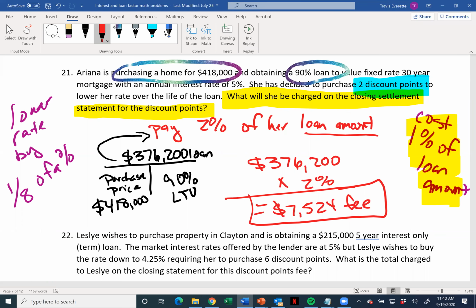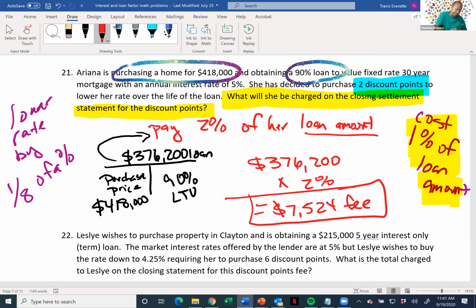The idea is if you really were going to keep this loan for 30 years, it would be to your benefit to have the lower interest rate. But does it make sense that you're basically paying a big whopping fee up front to save a little bit every month? So you have to decide, is it going to be worth it? Well, if you kept the loan for 30 years, yeah, it would be worth it. You'd come out way better. But most people don't keep loans for 30 years.